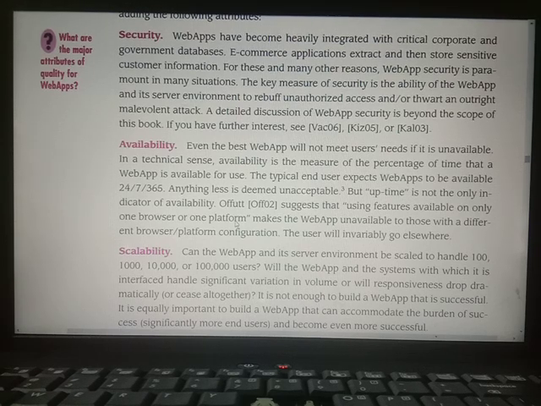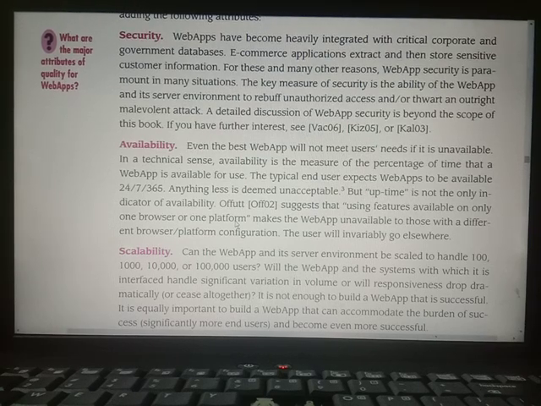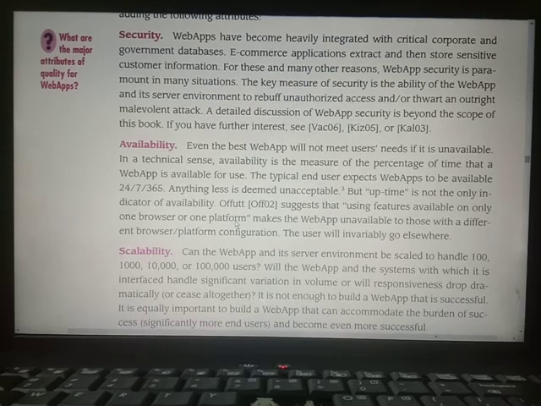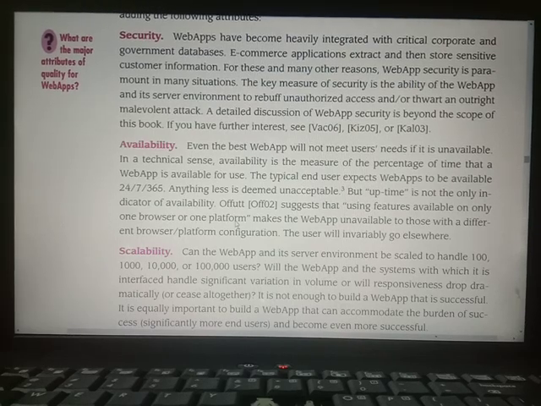Something like e-commerce applications extract and then store sensitive customer information. So the customer is going to save his username, ID and passwords and his personal details and so on. That is very sensitive information. So for this and many other reasons, security is very essential when you design a web application.